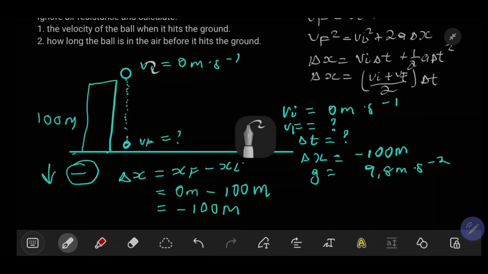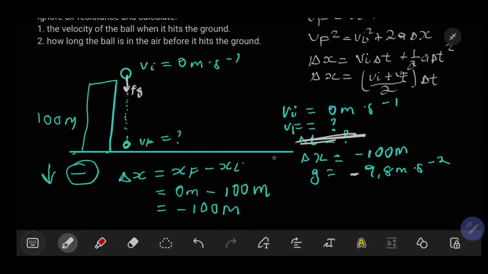So remember, when the ball is dropped, the only force acting on this ball is our gravitational acceleration, and it's pulling the ball downwards. So it means our gravitational acceleration is also negative. Remember, we are looking for our V final. So it means time in this case, we don't need it. So we can focus on these